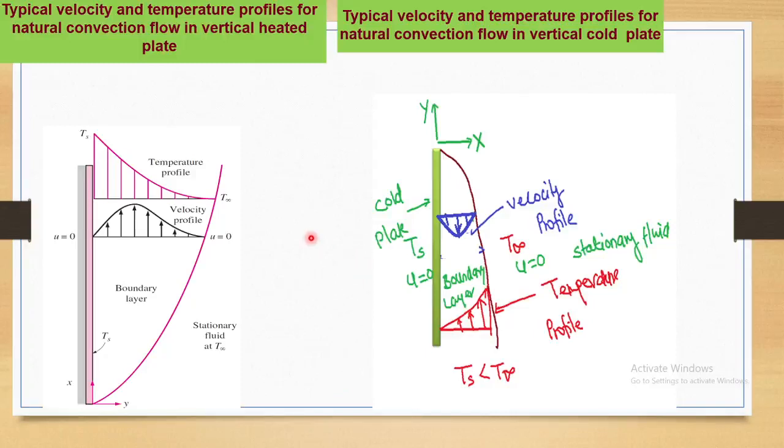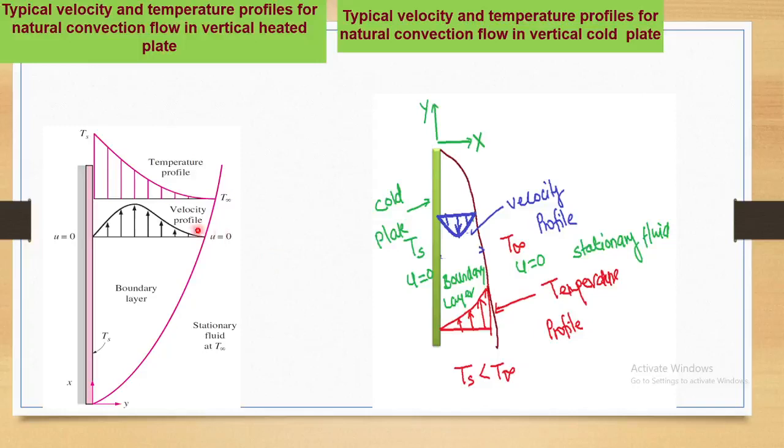Now here the one point worth mentioning is that when the fluid is initially exposed to a hot or cold plate, its velocity is zero, but after heat transfer takes place, velocity is imparted to the fluid particle. However, that fluid velocity is maximum somewhere in the middle of the boundary layer. It is zero at the surface and it is zero beyond the boundary layer. So that is quite an interesting point.